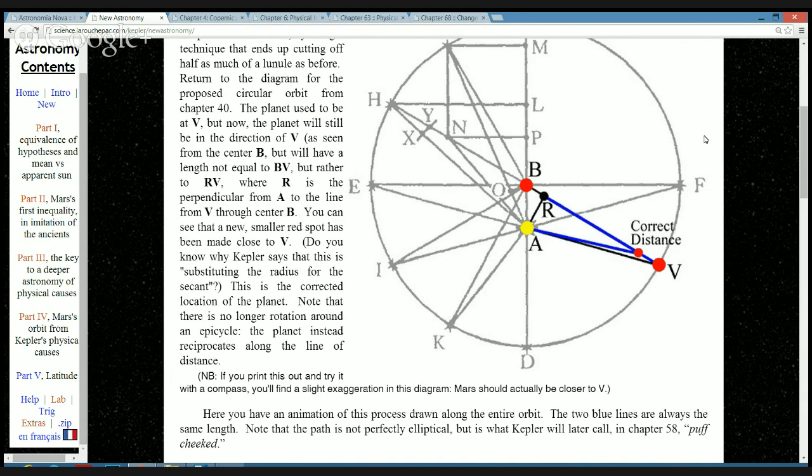So RV in an ellipse is equal to BF. RV, well, there's no ellipse yet. No, at the quadrant, RV is BF. Just at F, if you draw a line through B and then drop the perpendicular from A, it's just AB. So the length would be BF. So at this other spot, you would take that length RV and then apply it from A to find some spot there labeled correct distance. It's not actually in exactly the right place, but in other words, A to Mars is the same distance as R to V.